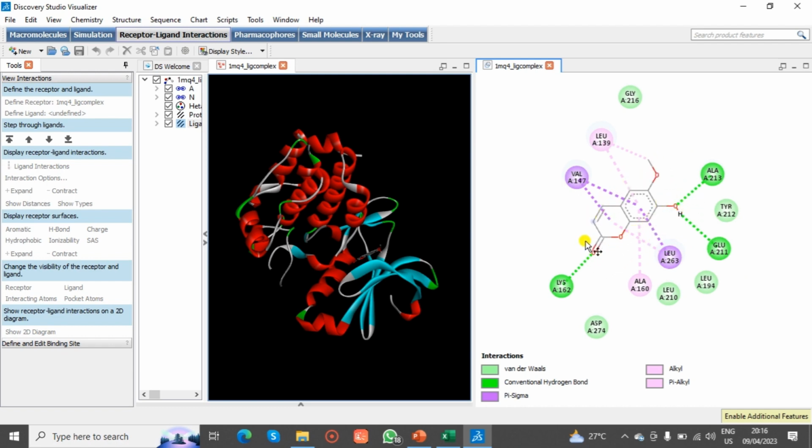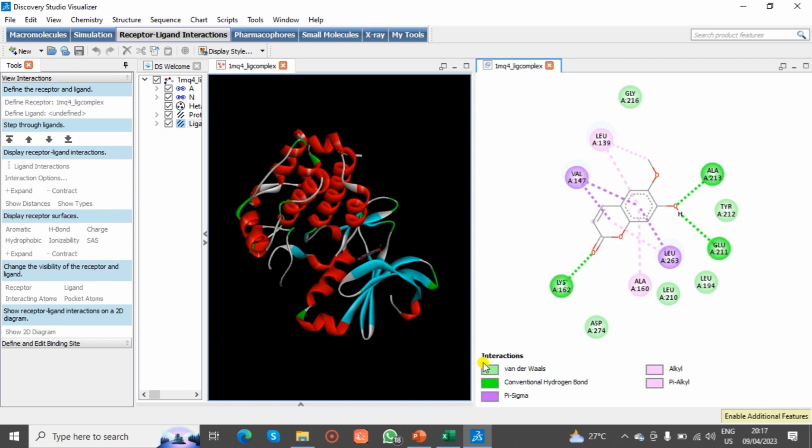And then the colored circles, green, purple, that you are seeing are different amino acids of our target, the protein, all right. And the dashed lines are the different interactions between the ligand and the amino acids of the